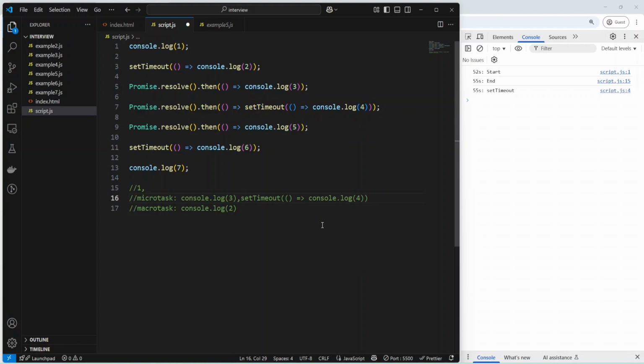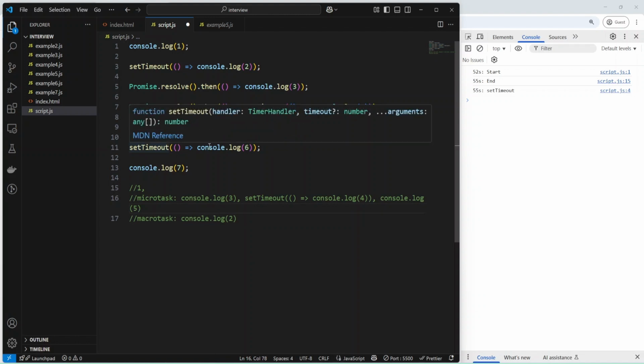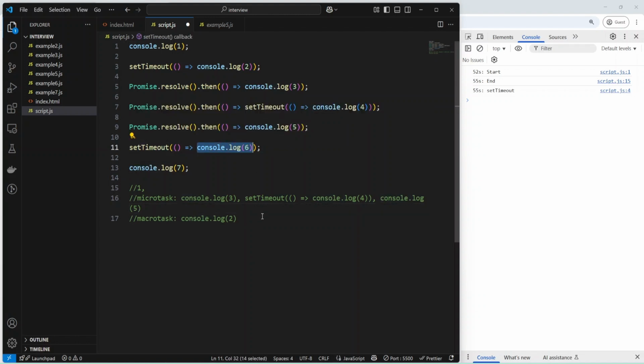Okay, and the next line is promise and console log 5, and we'll add it here. And then we have set timeout and console log 6. Okay, and the last line is console log 7, which will be executed immediately.